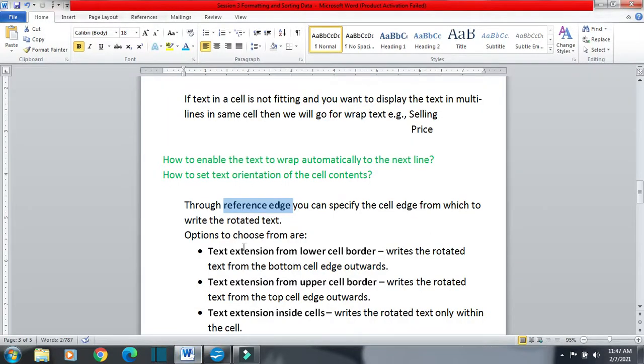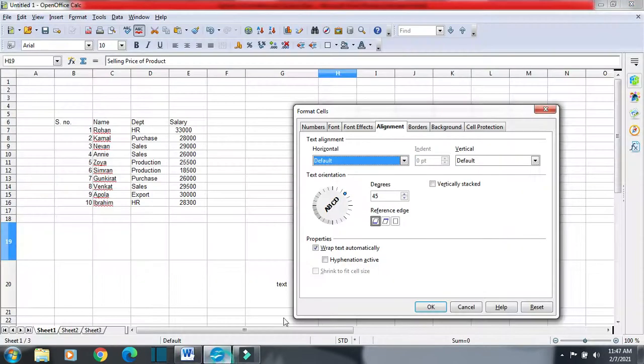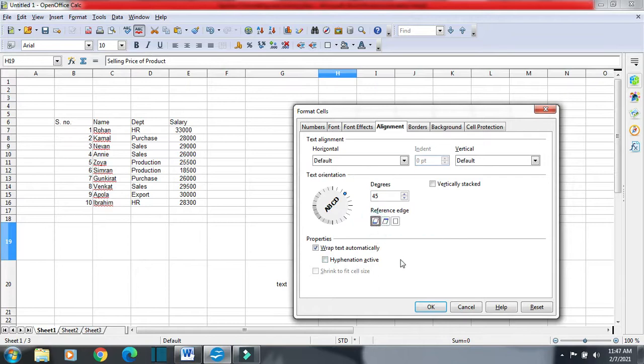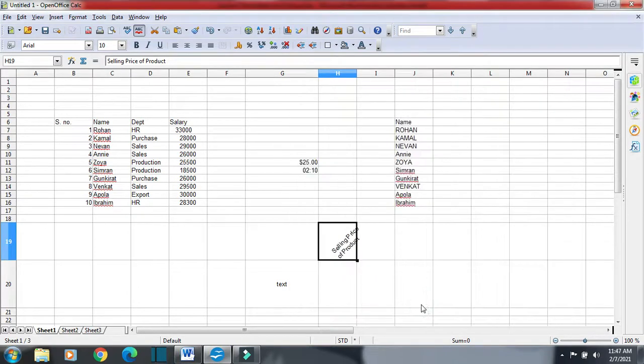First we are going to see text extension from lower cell border. What does it do? It writes the rotated text from the bottom cell edge outward. So I will select it. It is automatically selected. Bottom cell edge and then outward.